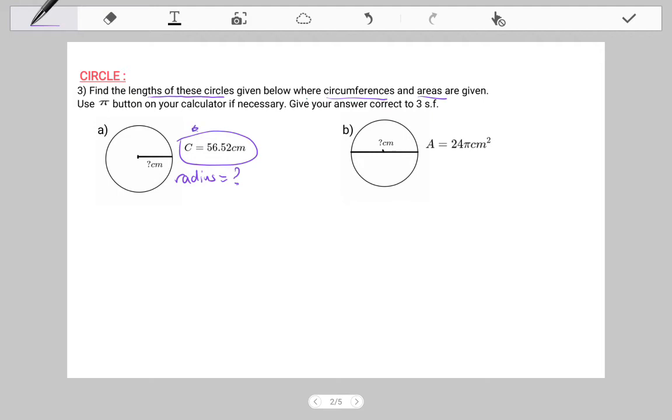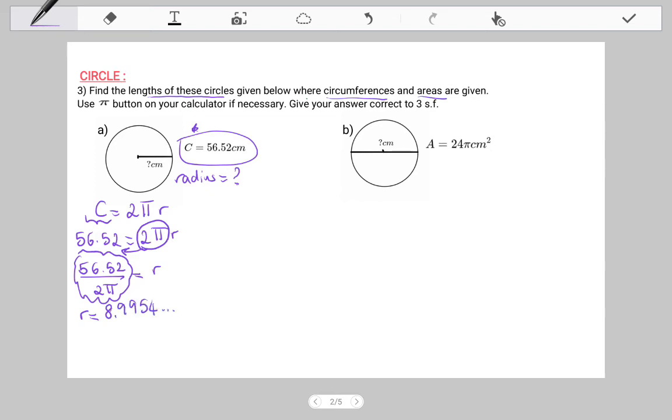So I will start using the circumference formula. Circumference formula is 2 times pi times r. I know the value of the circumference, which is 56.52, so 56.52 equals 2 pi r. And I need r, so I try to leave r alone. Take 2 pi together and move to the other side by dividing. And write on your calculator what you see. Whenever you write this and press equals, you'll have a long decimal. And this will be your r value, radius,